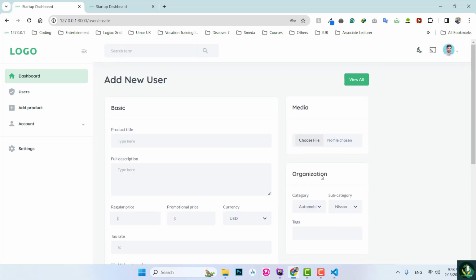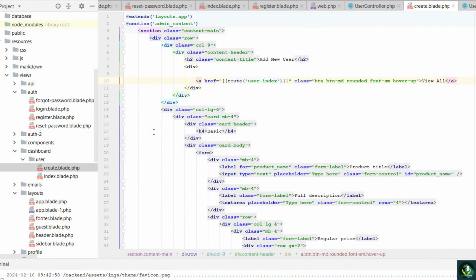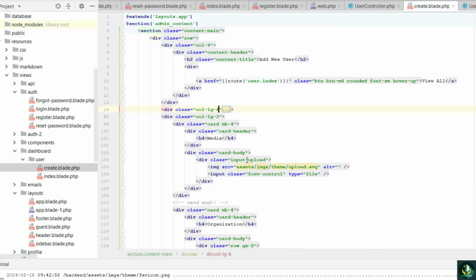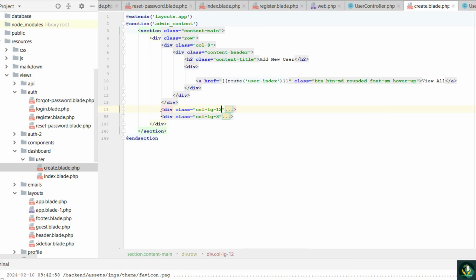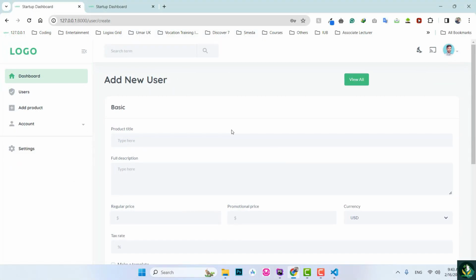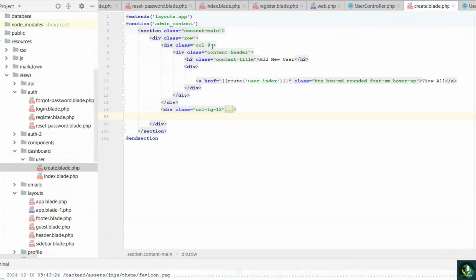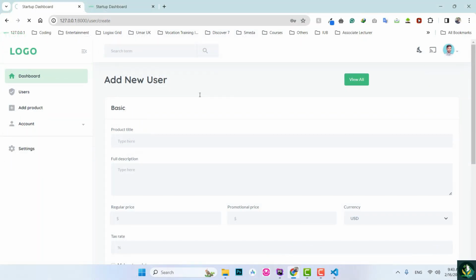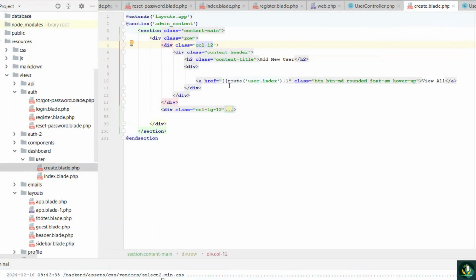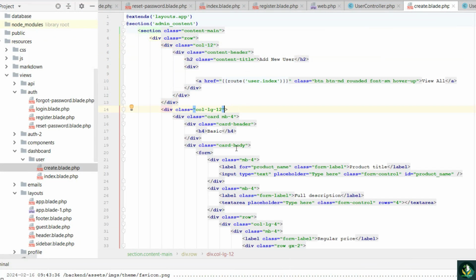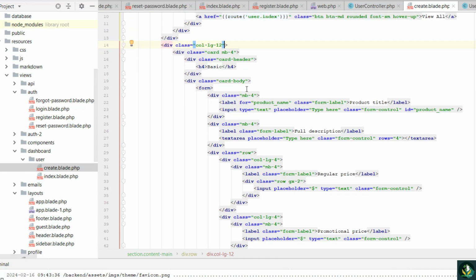Now we don't need these two cards. So let's change it to 12 and remove this one. Let's save it and let's refresh it, and you can see it's now looking better. Change it to 12 as well. Now here we have this